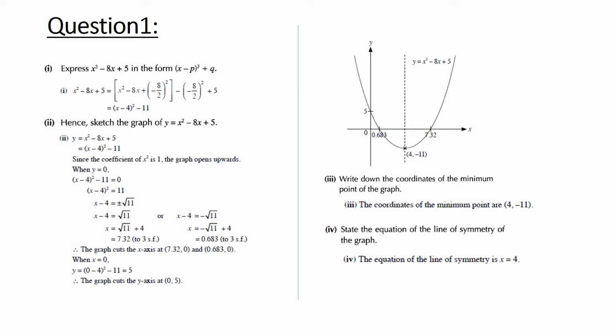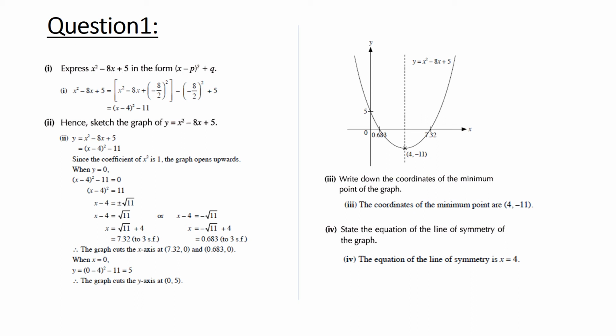Now for sketching the curve, we need the coordinates of its intercepts and the turning point; the coordinates of the vertex are also required. For that purpose, let's see the main features of the quadratic equation. If you observe your quadratic equation y equals x square minus 8x plus 5, here the coefficient of x square, a, is 1, that is positive. It means your curve is going to open upwards and it will have a minimum value.